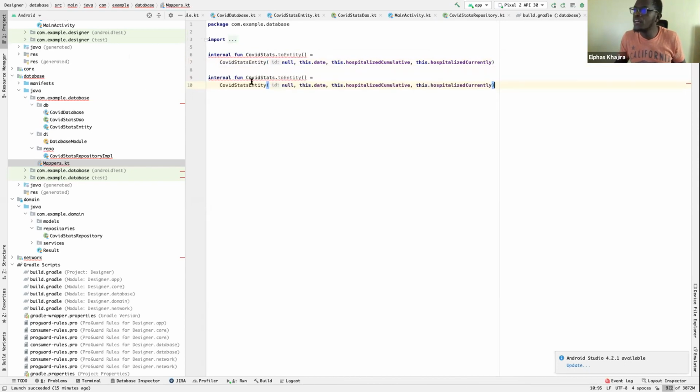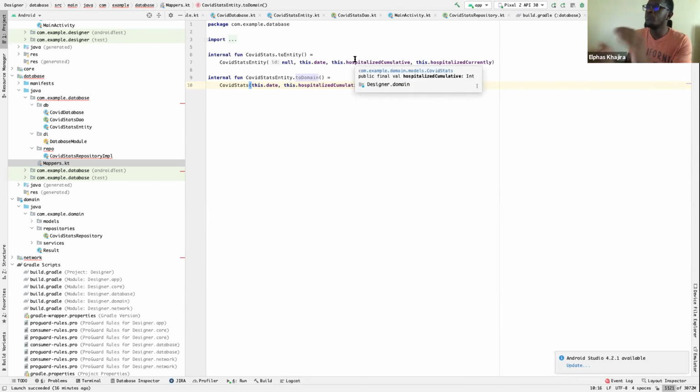So we'll call this to domain. And then here we'll have that. So this basically would do a two-way mapping, two directional. You have one to map to the domain, another one to the entity.